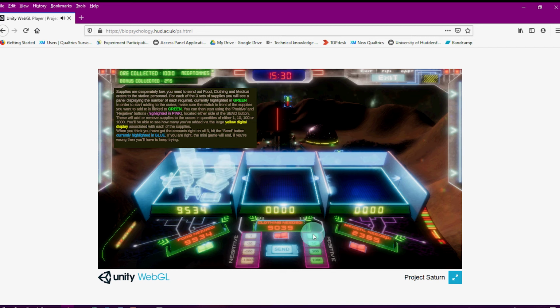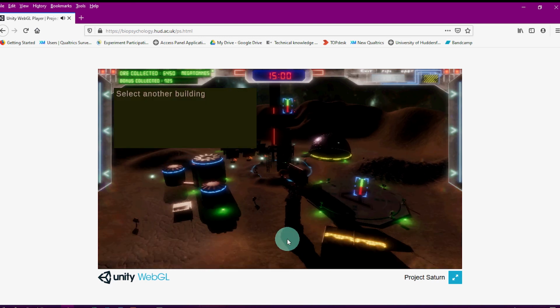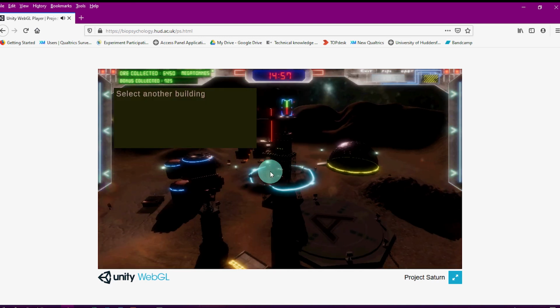There we go. If you go too far, then you can use these negative ones on the side here, and it'll get rid of them. You want to work on the next one, click it on, and just start clicking away. Get to that number, so not too far. And the final one. Once you've got the numbers correct, you click on the send button just here. If it's wrong, it'll just beep at you and you have to figure out where you've gone wrong. If it's right, it'll do that. And the final one,